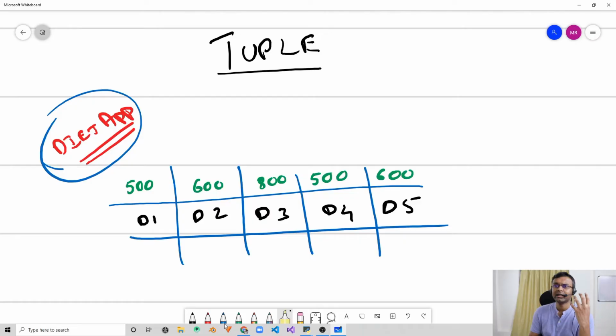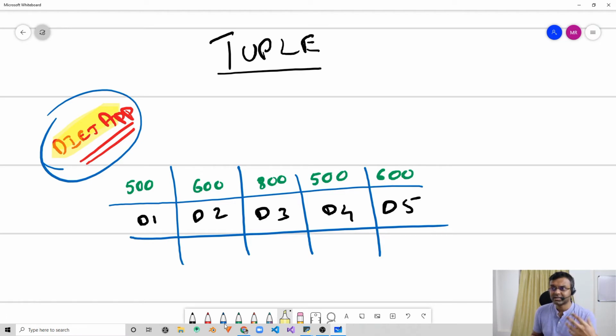All right, so where would you use this tuple data structure? Let's say you're creating some kind of a diet app which keeps track of the number of calories your user consumes for 5 consecutive days. For your diet app, the value of the calories for each day is important, right? And once the calorie count for each day has been entered into your app, you wouldn't want the values to change when your application is running.